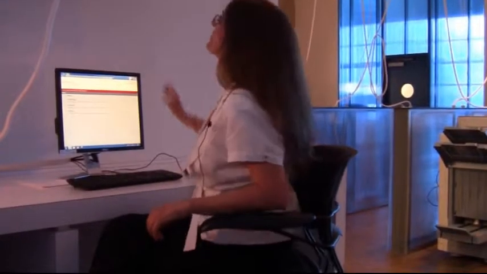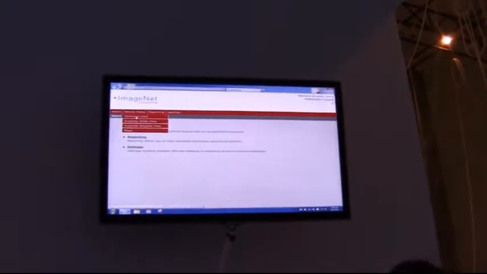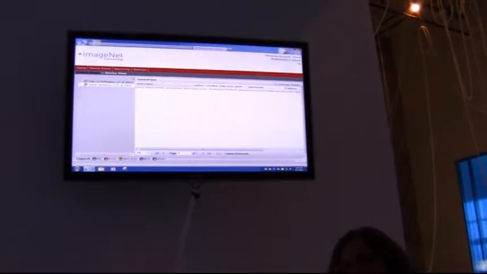Okay, so you can see up here, what I want to show you is the device view, and what that means is these are all basically your print devices on your network. It actually picks up some other